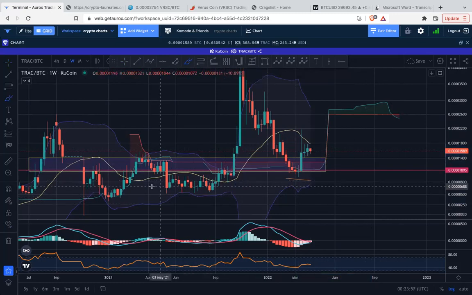But the next level after that would be this level here, which is about 600, but then you're below the 200 week, and you don't want that. So ultimately, worst case scenario, hold the 200 week, which is currently around, what, 850 Satoshis or so? Yeah, something like that. I'm looking at the current price and thinking, wait, we're not at 800, we're at 1500, but that's right, because the 200 week is down at 850.